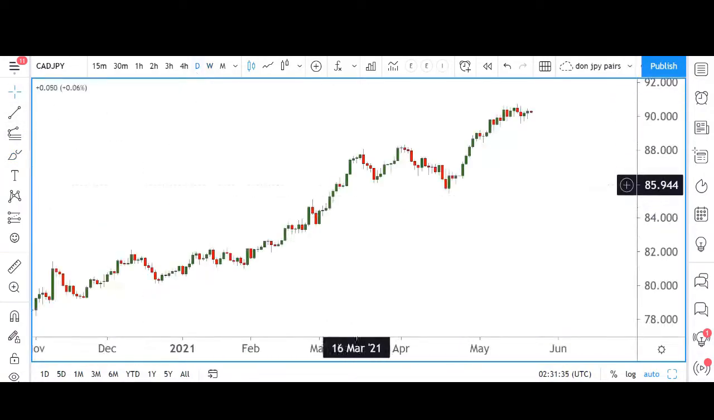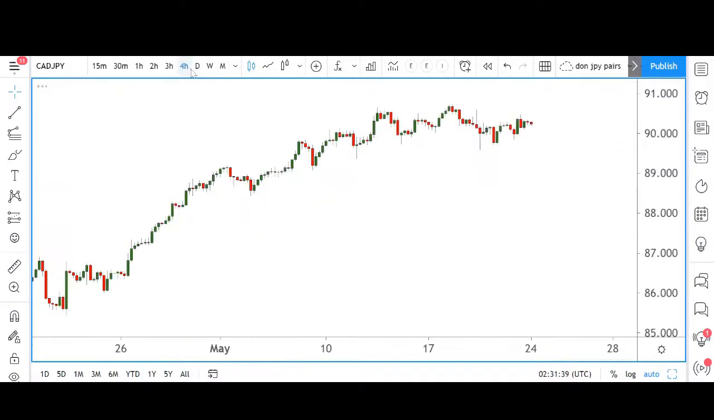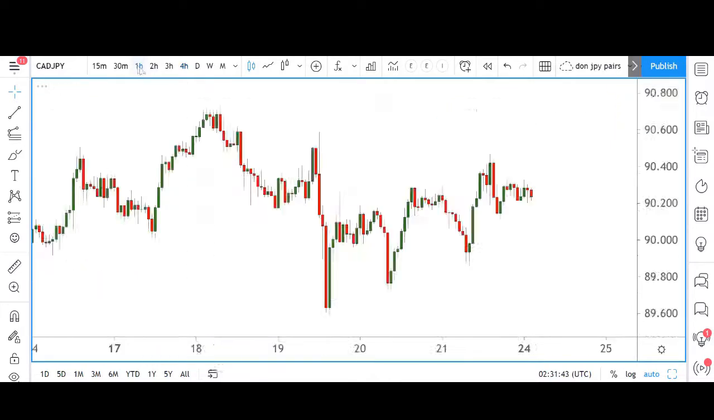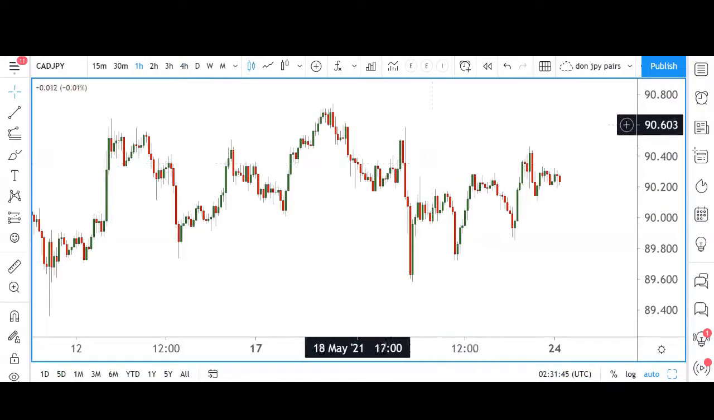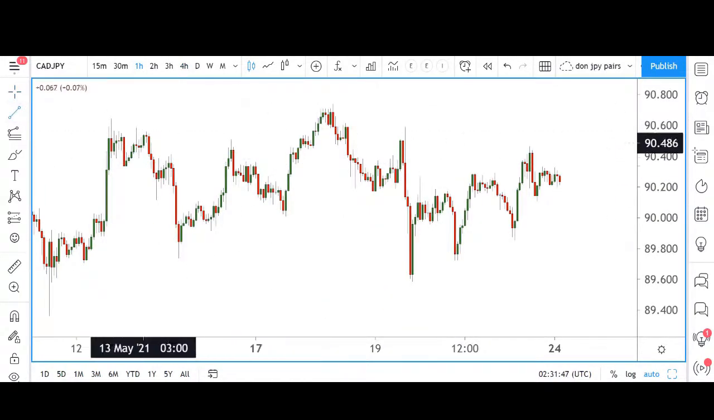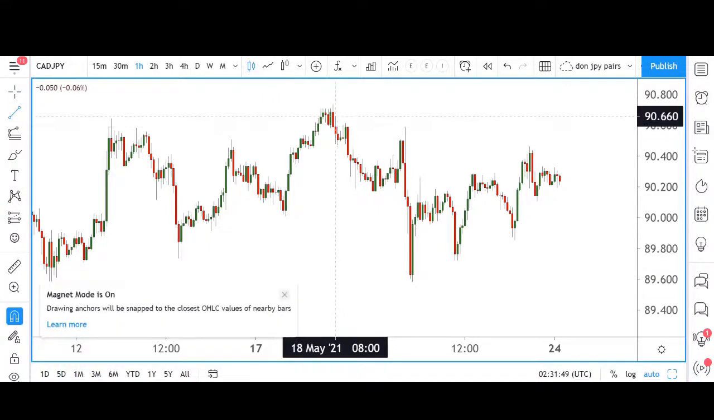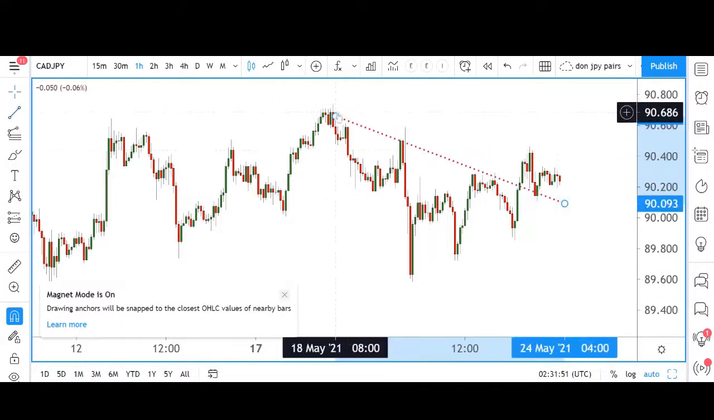If you put it on the daily, same story. Higher highs and higher lows, very bullish structure. When you go on the 4 hours, still the same story. It's only on the 1 hour that we see something quite interesting. You can see that price used to be in a slightly bearish trend,